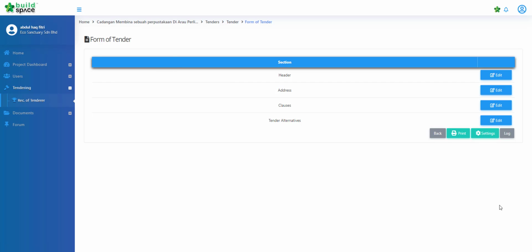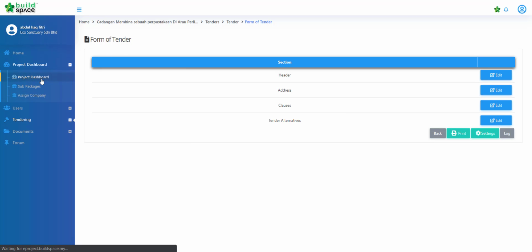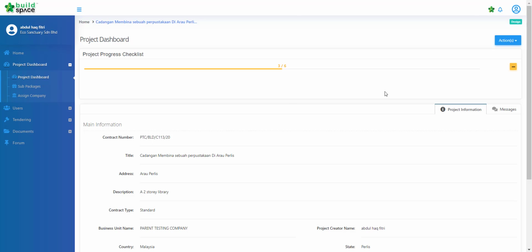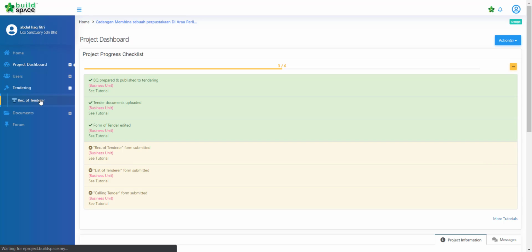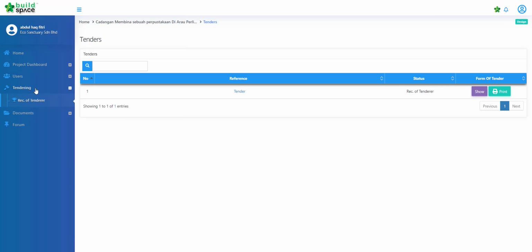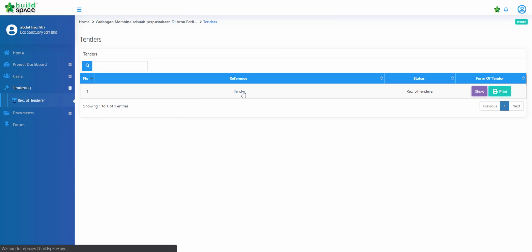Okay, now we can change everything here if we want to. If we're done with it, just go back to the project dashboard and we can see the checklist has already been ticked. Left with tenderer forms to be submitted. So we go to tendering, recommendation of tenderer. So in recommendation of tenderer, we click on it,